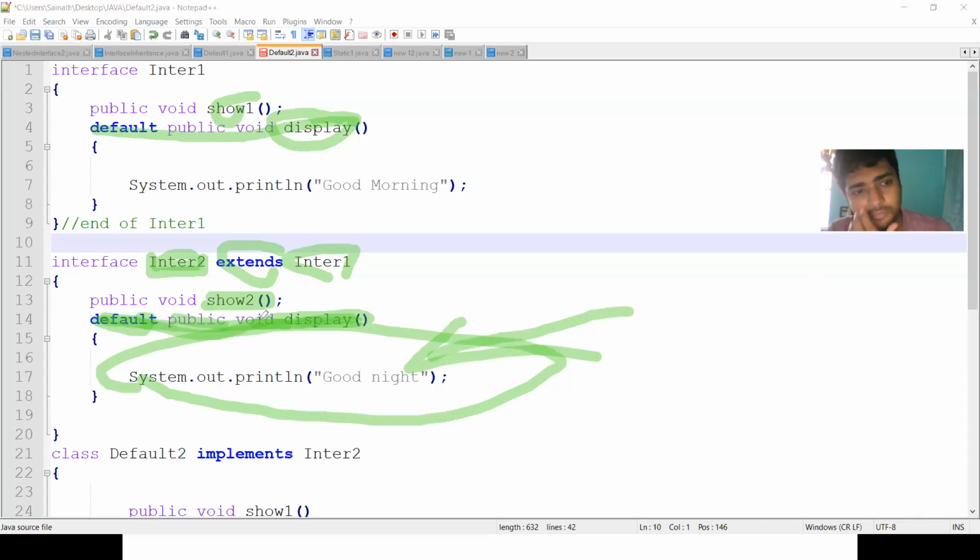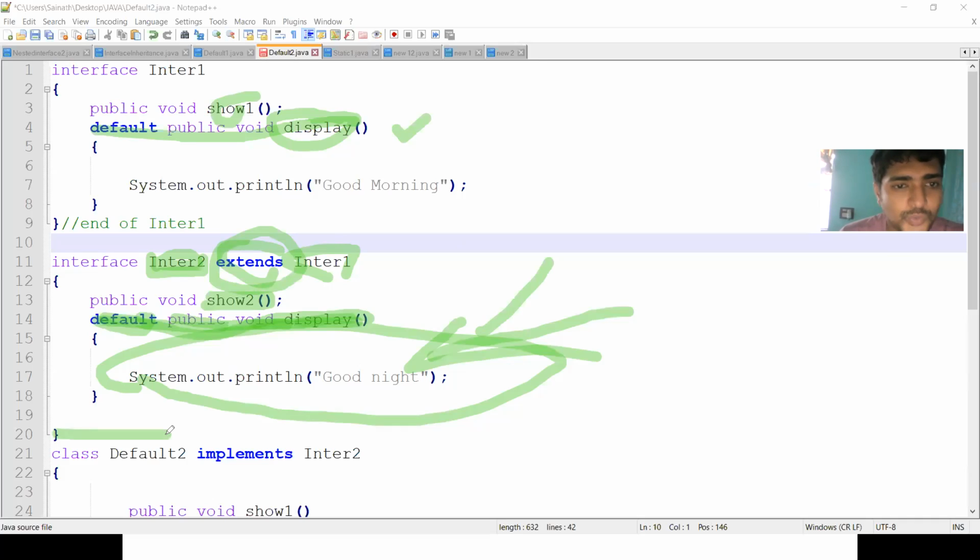Same method name, same parameter list, same return type, so method overriding is happening here. If you use inheritance, we can have method overriding: same method, same parameters and same signature.